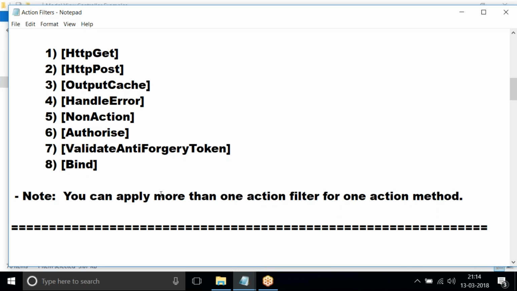Output cache means whenever you are accessing the same page or same content, same data multiple times in the browser, in that case we can use output cache to load the same content from cache or temporary memory. Instead of loading the same page, same content, same data from the server, which may work slow, what we can do is store that page or content or data in cache or temporary memory, and then we can access it.